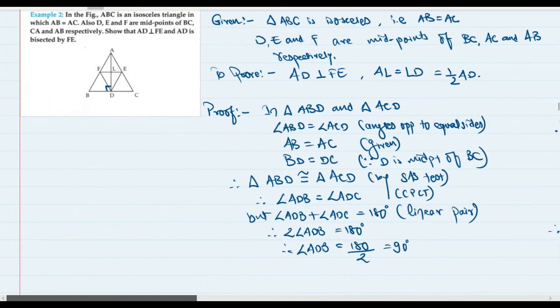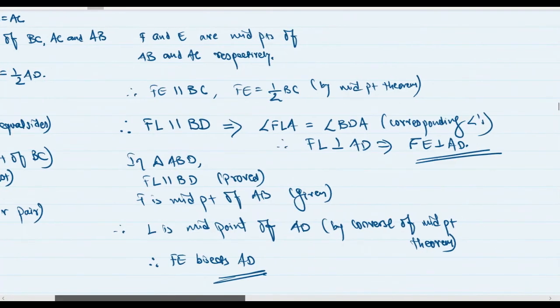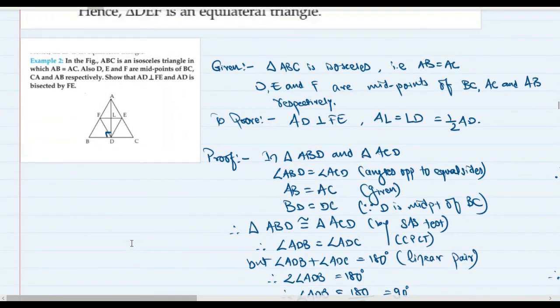So we have used congruency, the midpoint theorem, and the converse of the midpoint theorem. This was a very nice question which had application of midpoint theorem and congruency to the maximum level. As you can see, there are no quadrilaterals involved directly in this example, but it is related to quadrilaterals. In quadrilaterals also you can apply the midpoint theorem. So quadrilaterals, triangles, midpoint theorem, intercept theorem, these are overlapping topics.